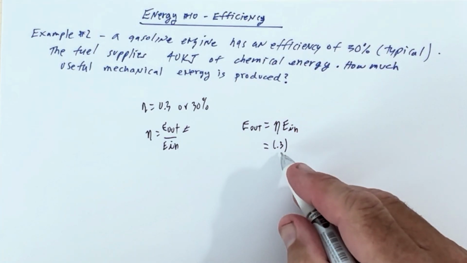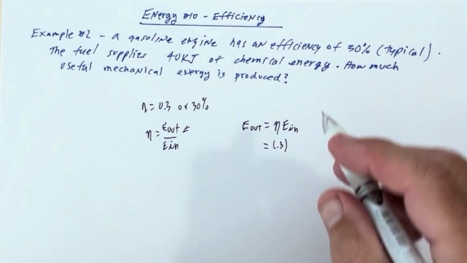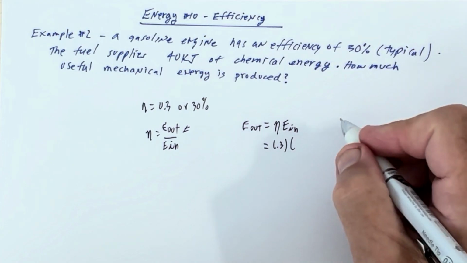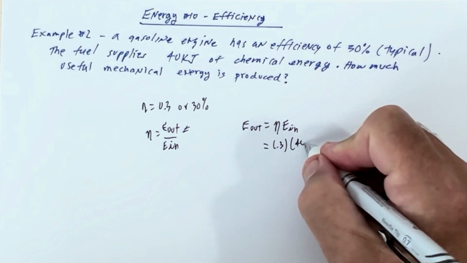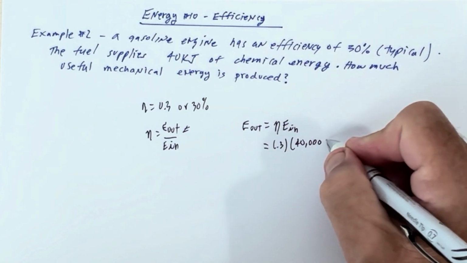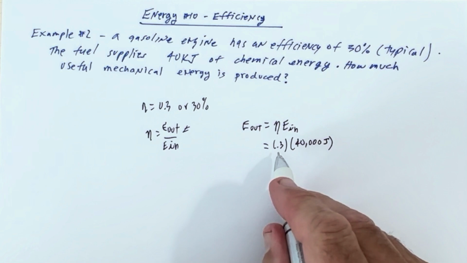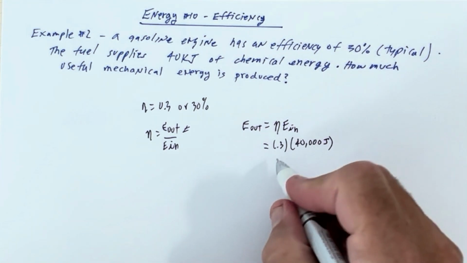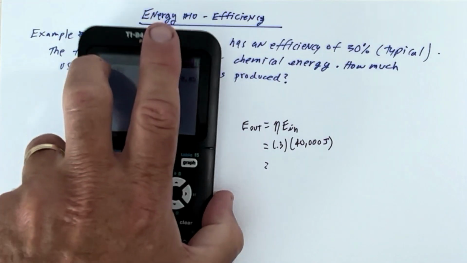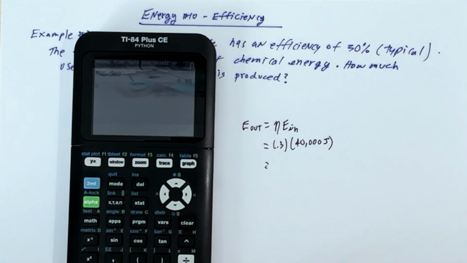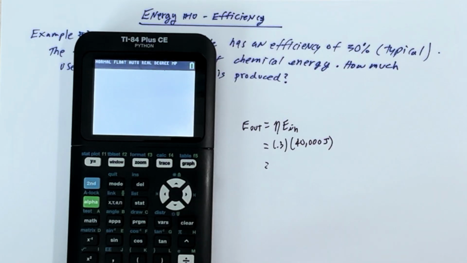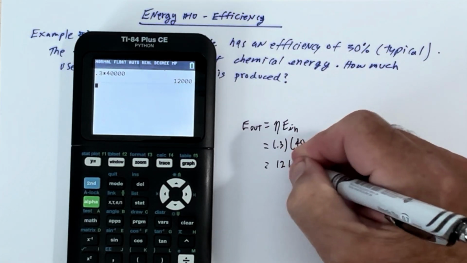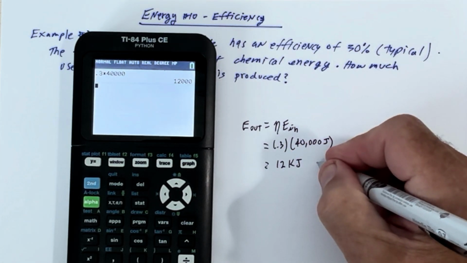We do our multiplication in the decimal format rather than the percent format. 400 kilojoules is 400,000 joules of energy. The efficiency is dimensionless, so we're going to get joules out. Get our calculator out again. Clear it, and we take 0.3 times 400,000. Enter. So that's going to be 120 kilojoules of energy, and that's going to be the useful